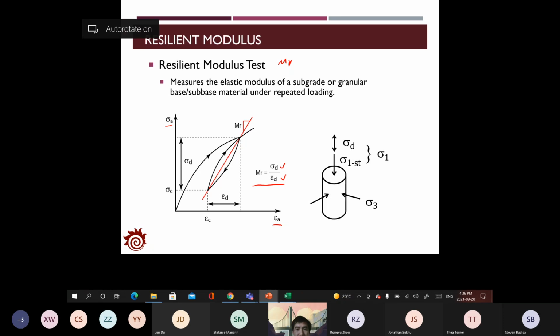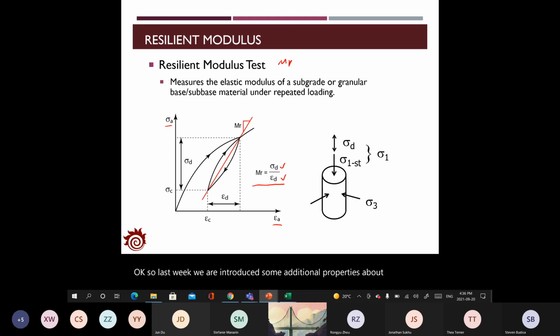Okay. So last week we introduced some additional properties about the soils, including the modulus of the subgrade reaction and the definition of the resilient modulus. The resilient modulus is one of the most important features we have to estimate for the aggregate materials for the design of the pavement. And